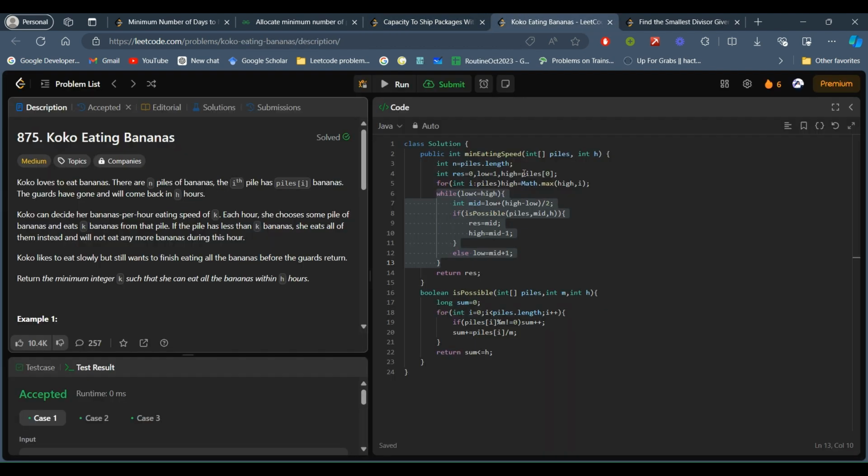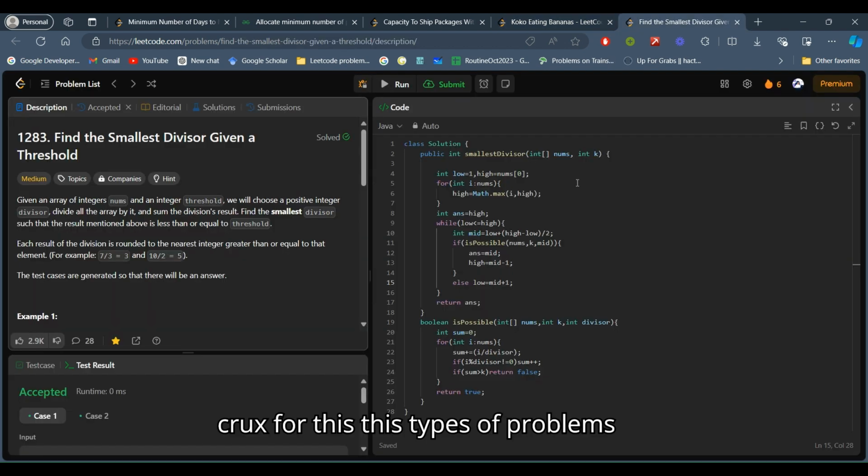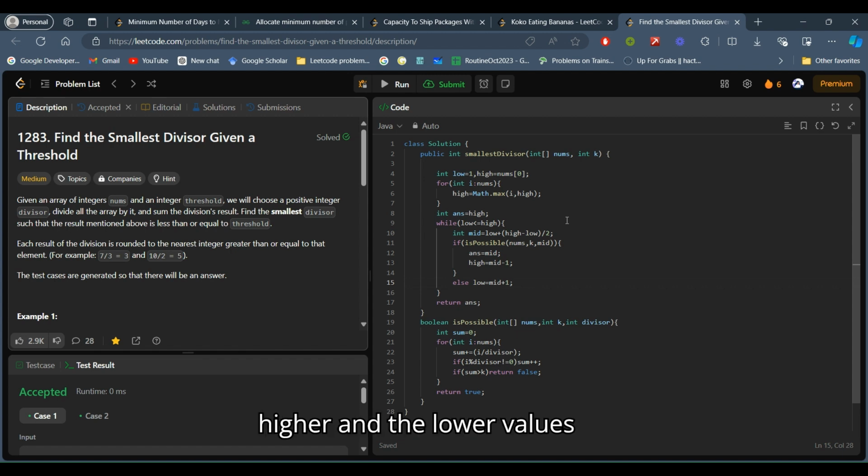These are very similar problems, and we have to check the conditions and what the range should be. That is the main crux of these types of problems, where we take the lower and higher value range, apply binary search on it, and apply the possible function on the array given in the problem.